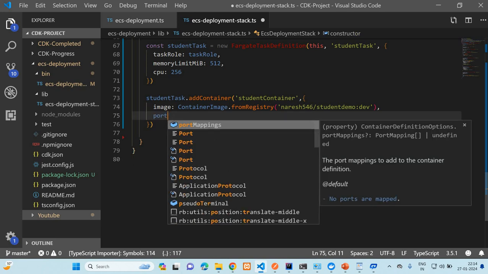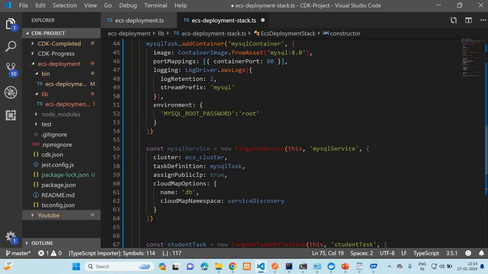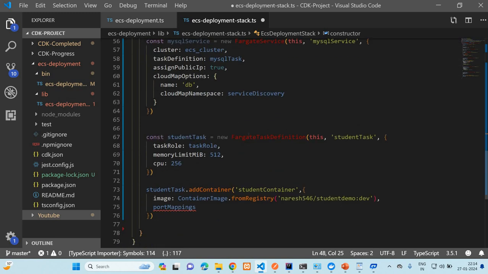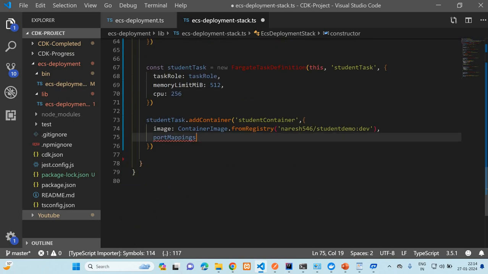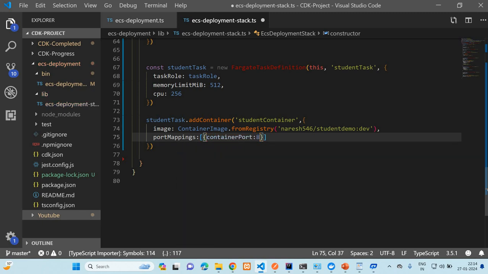Container port mapping. We have written the wrong port here, I think. Yeah, it should not be the 18. It's 3306, right? This is the port, not the 80. Port 80 is for the port mapping. So I will write the container port. And the port is 80. Okay. I will also write some logger